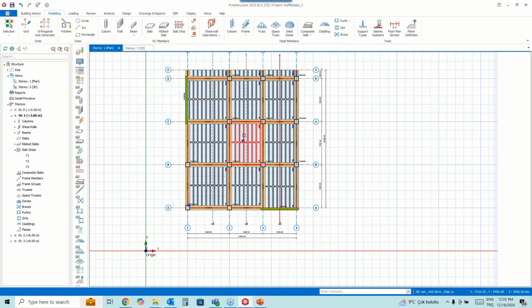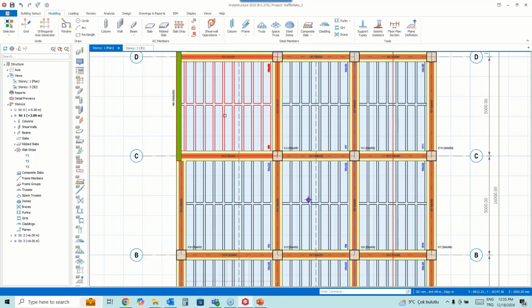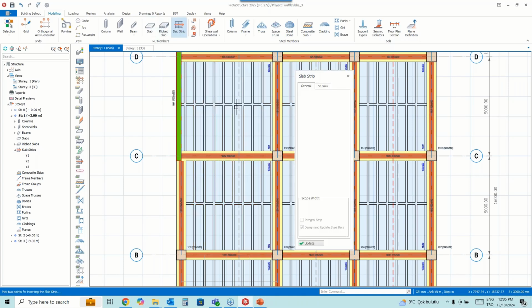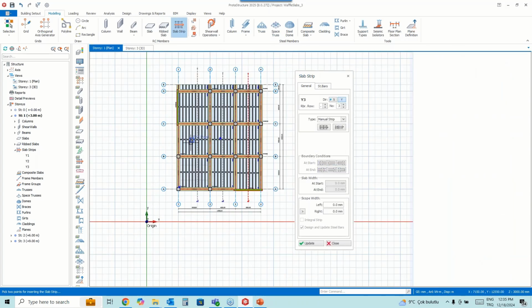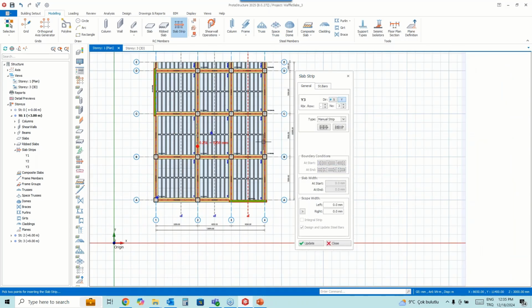Of course, now there's also topping concrete on these ribbed beams. For this topping concrete, we can insert manual strips and use the minimum reinforcement in the X and Y directions, for example.